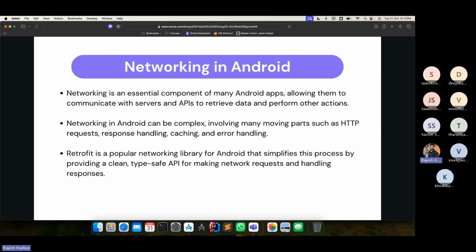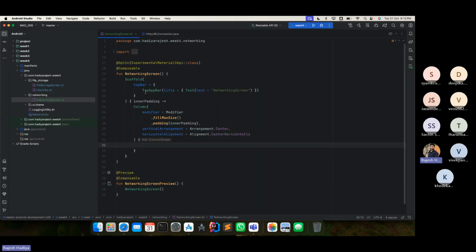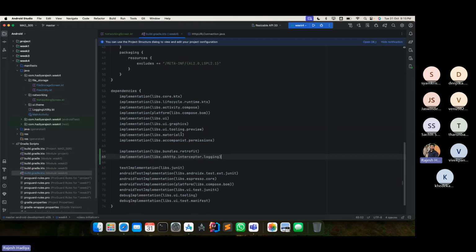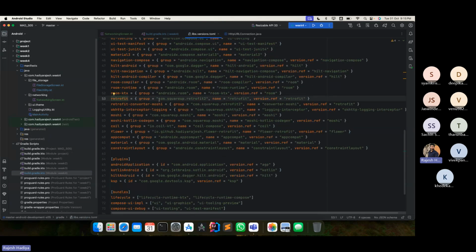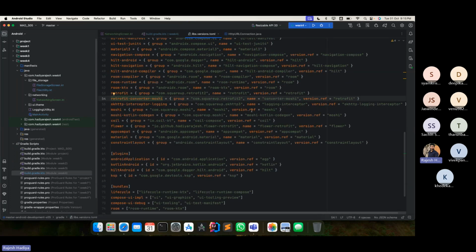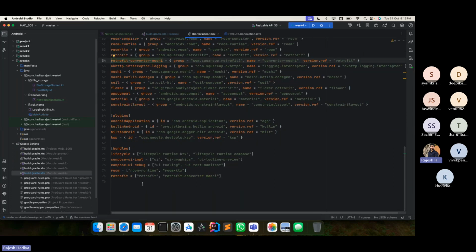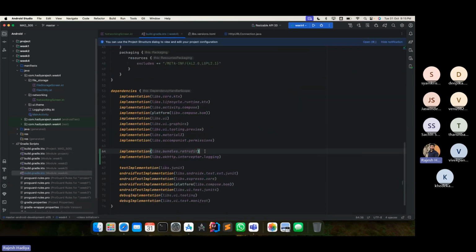So we are going to use the Retrofit library. This is an introduction to Retrofit, so let's directly see how to set up and make the network request. To create a Retrofit, you need to use this library, com.squareup.retrofit2. Again, this is the second version. Okay, this is a converter. I'll come to that part later, but for Retrofit, you just need this library called retrofit2. So you need to use this library, and then